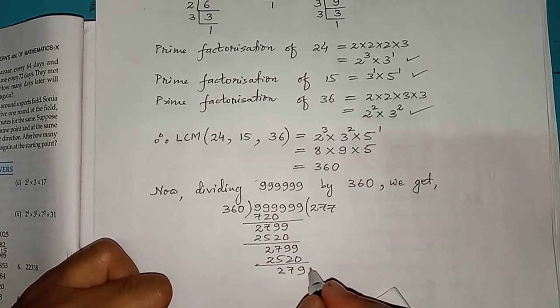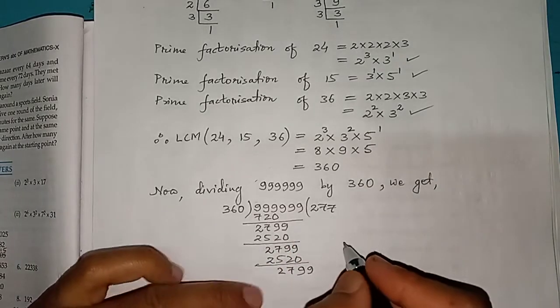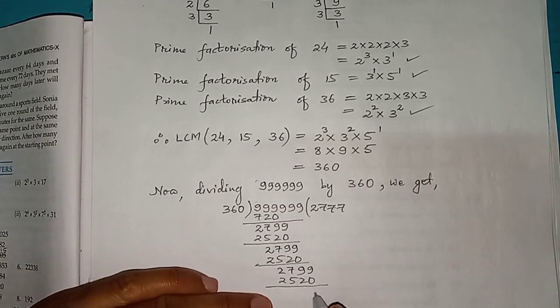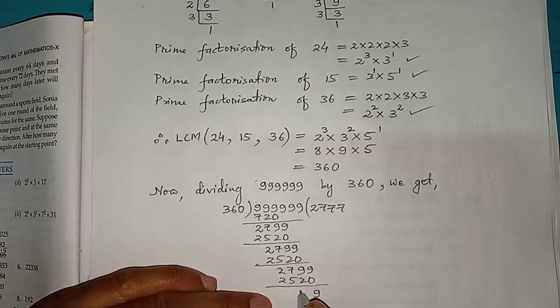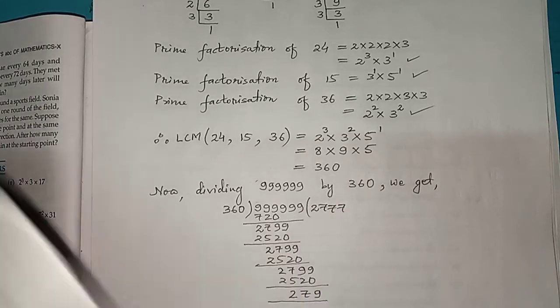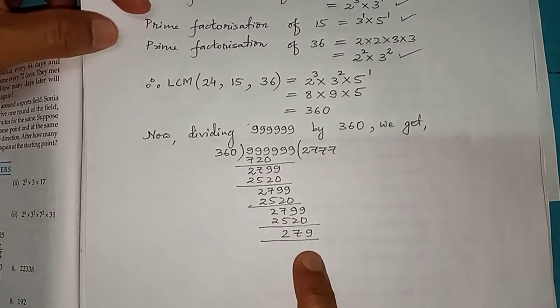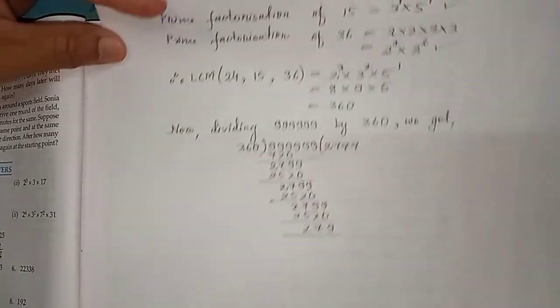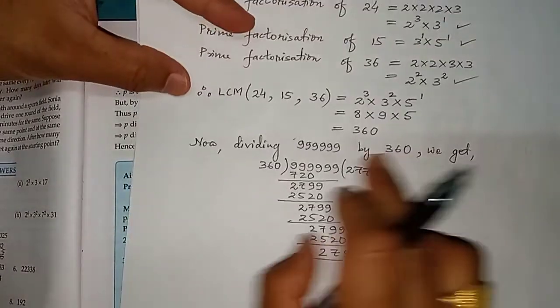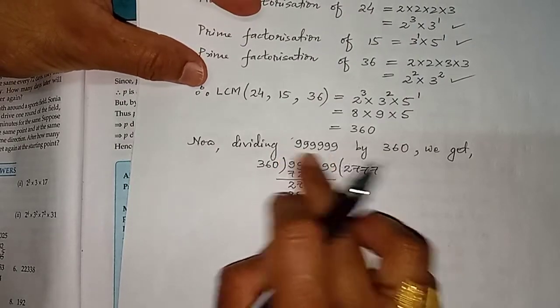The last 9 now. So 360. The 7s are again the same, 2 5 2, because 8 times will be big. So the remainder is coming 9 7 and 2. Now we have nothing to bring down, so that's the remainder. Okay, so we got the remainder, how much? 279. It means that when you divide this largest number of six digits by